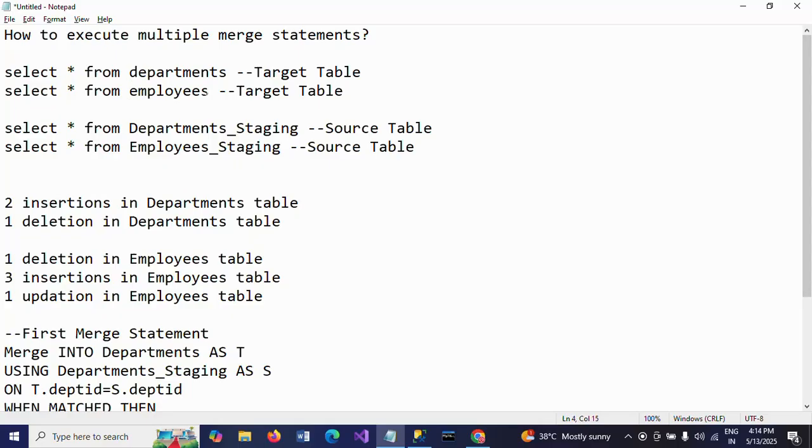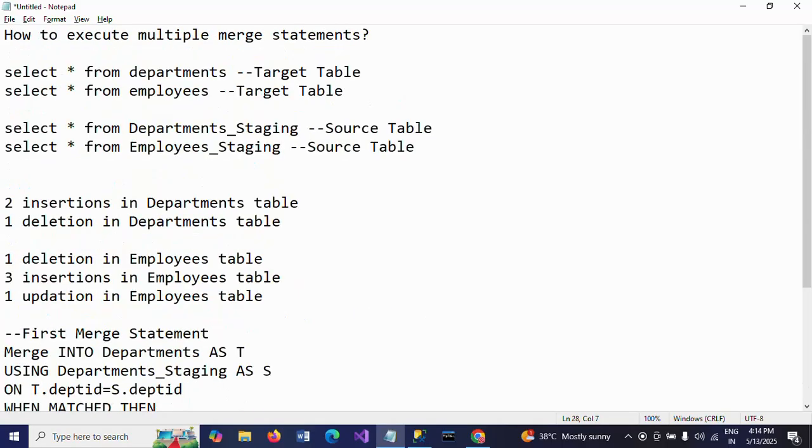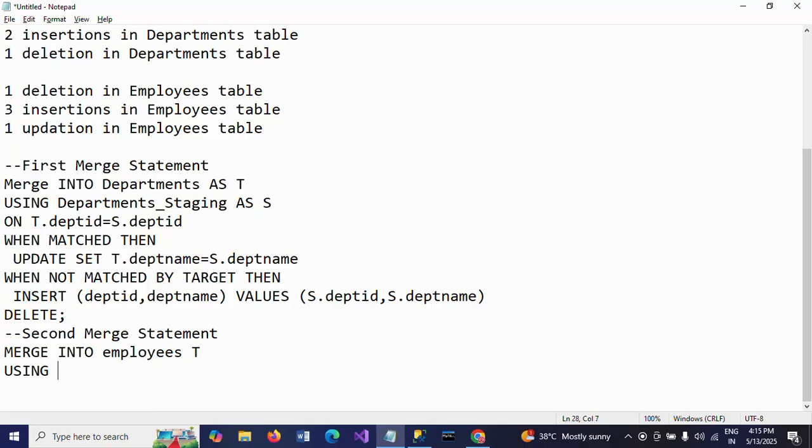Merge into employees T using my second source table, which is employees staging. Using this source table as S. Okay, on